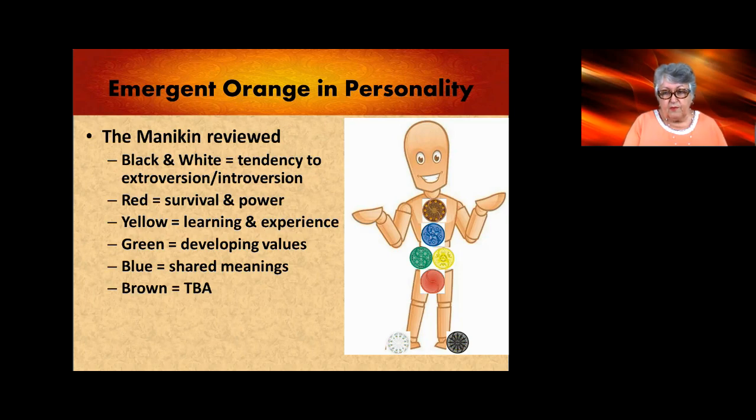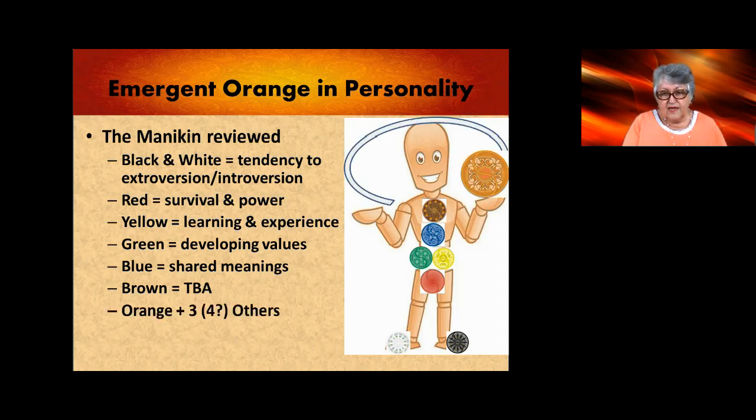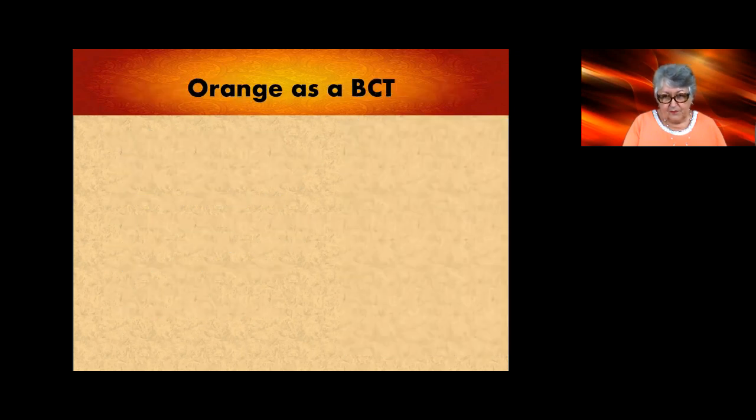The next colour that comes up in personality formation is brown, and that's not one I'm going to deal with at the moment because it is far more complex than simply the basic colours that we're all familiar with. So it's to be advised at a later stage. What we're looking at today is orange. Now, orange occurs spontaneously along with 3 or possibly even 4 other colours, depending on which society in which you live. Orange is the one I've chosen because it happens to be one that's easy to understand. So let's get into it.